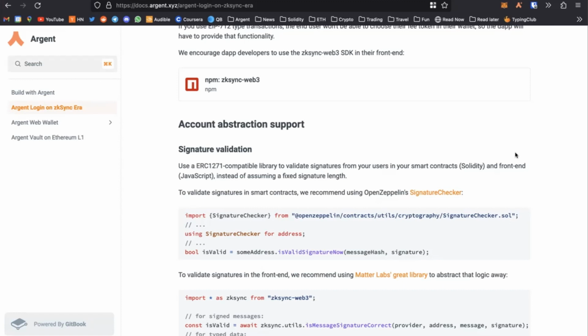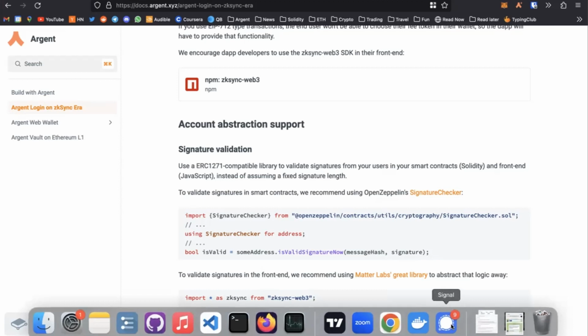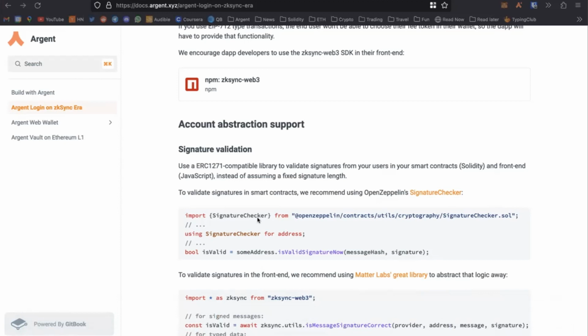Then there is a question from David. Maybe I can take this one. How widely adopted is EIP 1271 in account contracts? Basically, account abstraction is one of the big value propositions of Era. The idea is that all dapps will be compatible at some point, and so far many of them already are. As you could see today, it's pretty easy to make your dapp compatible. It takes a matter of 30 minutes.